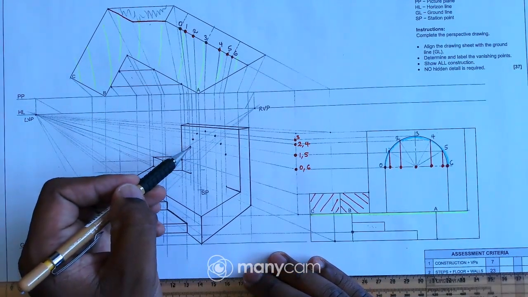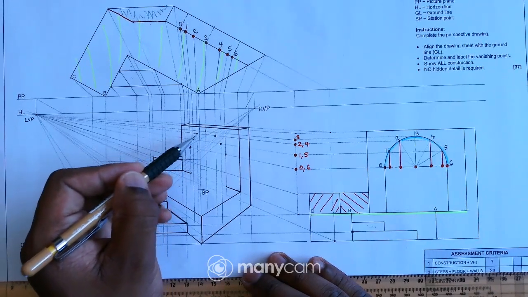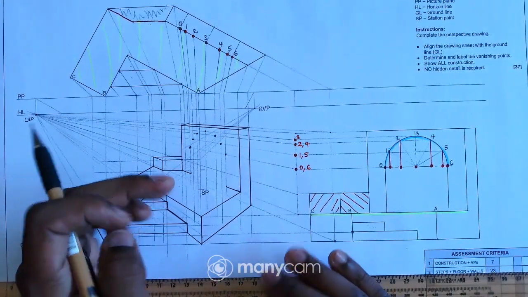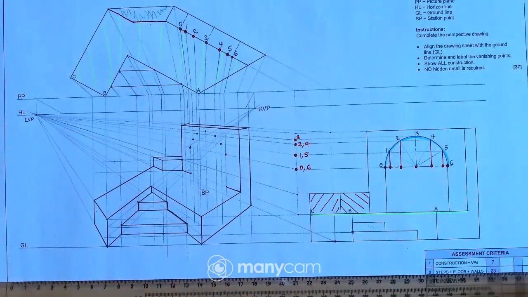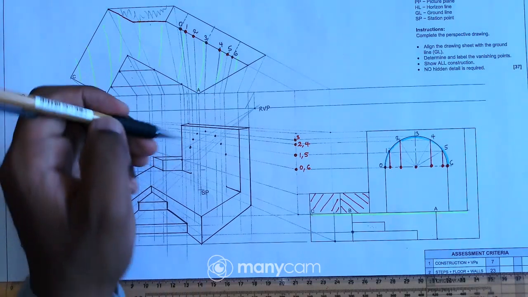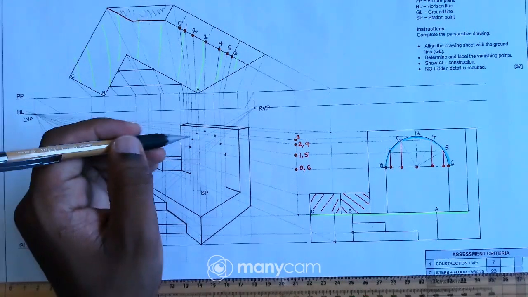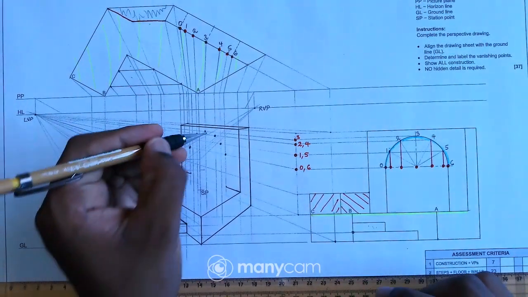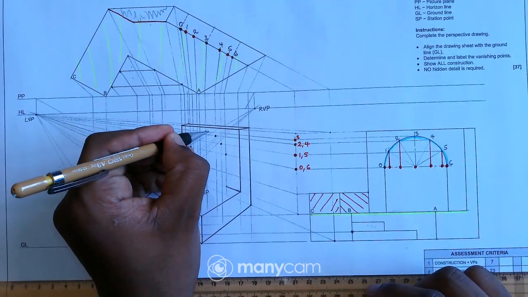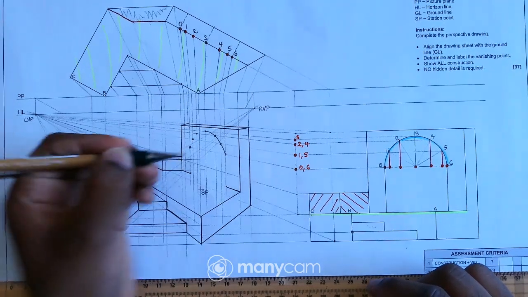As you can see, this is the arc right there. To draw this arc, you can use the French curve, but if you don't have it, you can just draw a neat freehand curve across all those points.